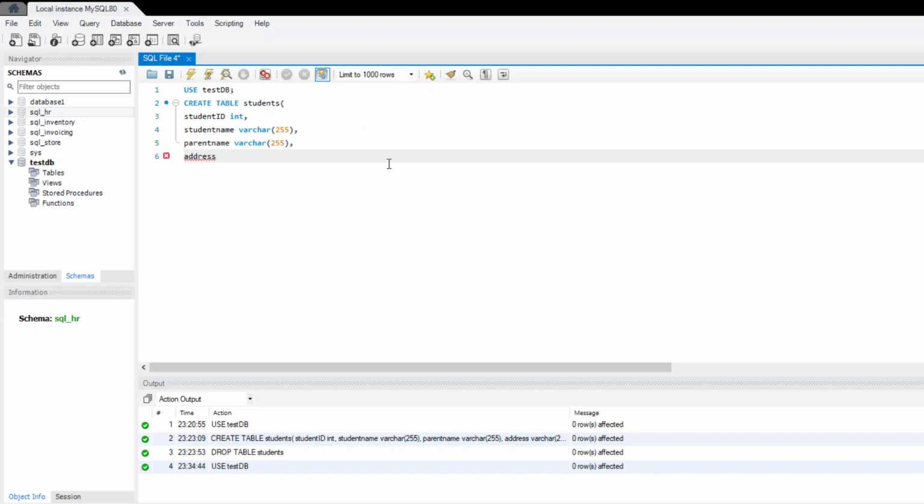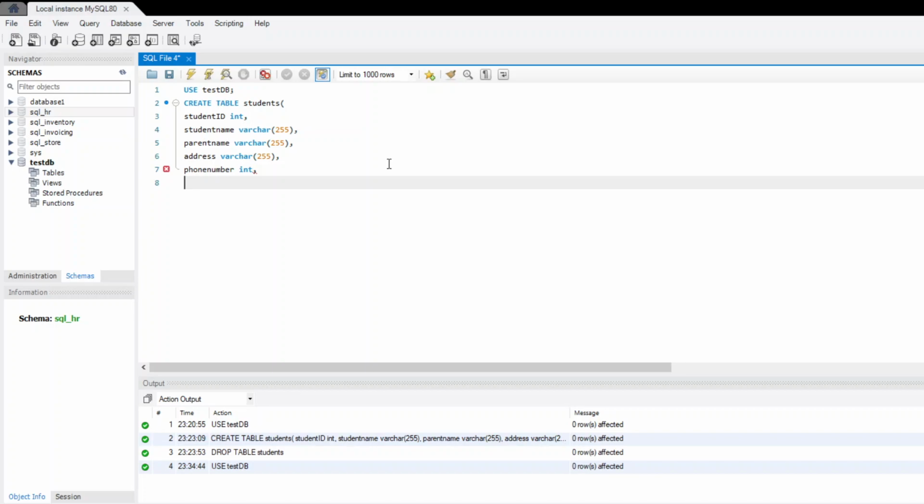Then our next column name is address, varchar 255, brace, comma. Then put the last column name, which is phone number, which will be of integer type.